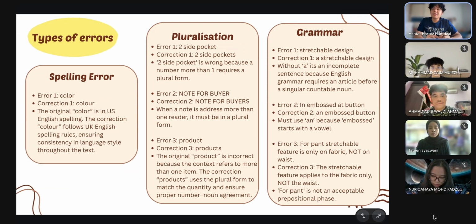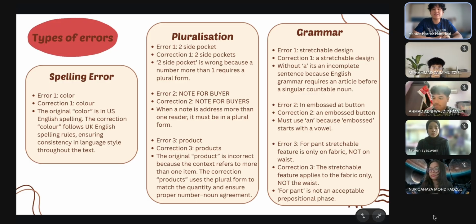The first type of error is spelling error. As you can see, the error is color, C-O-L-O-R. And the correction should be C-O-L-O-U-R, colour. The original spelling is in US spelling, and the correction spelling is in UK spelling. We want to use the UK spelling to ensure consistency in the